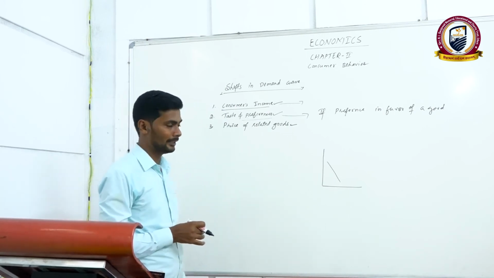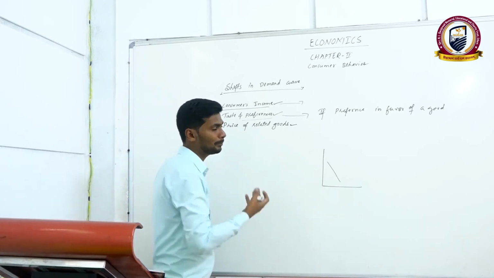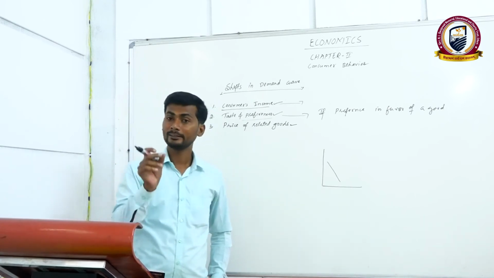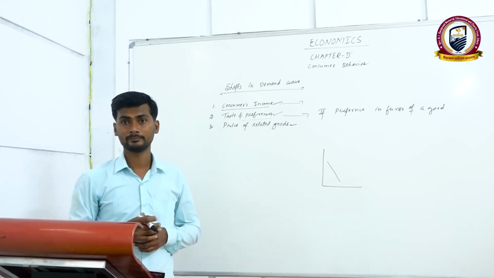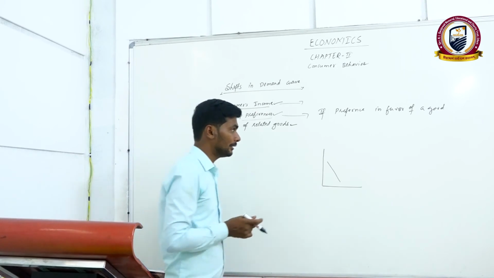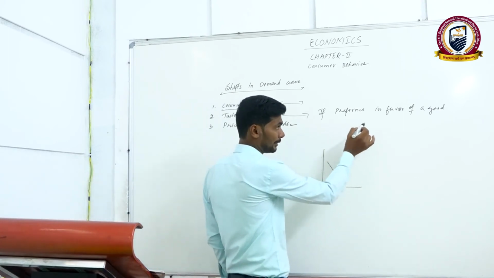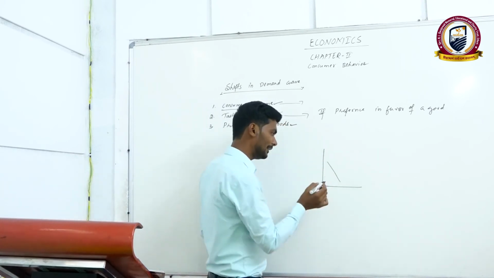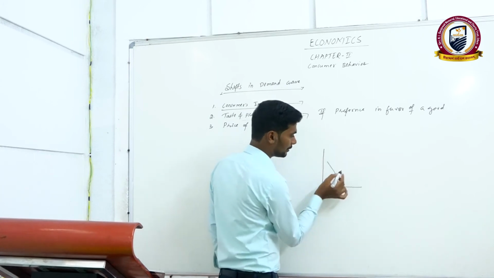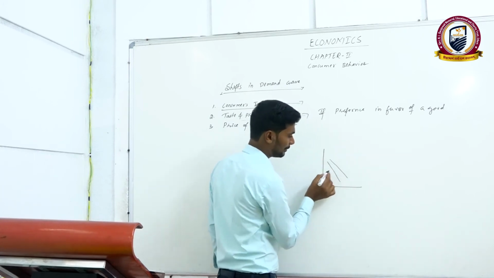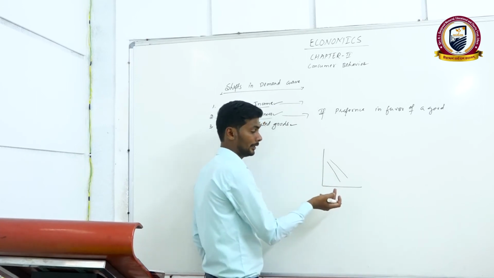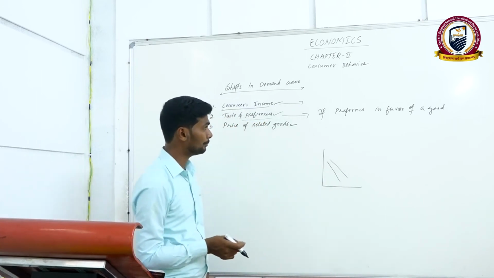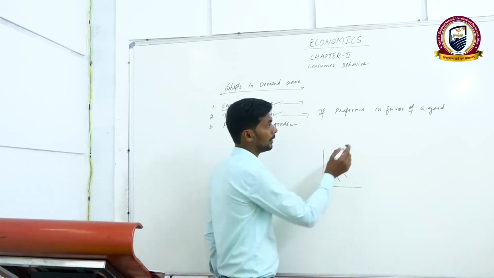If that preference is in favor of any particular good, then demand for that particular good will increase. Then, if preference is in favor of any particular good, the demand curve will shift upwards, which means demand for that particular good increases. In case the preference is unfavorable,